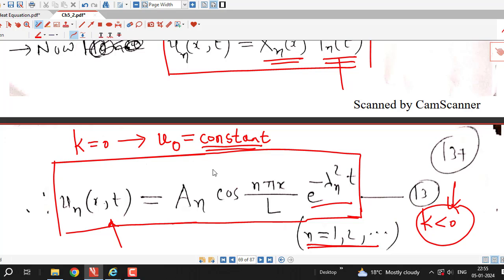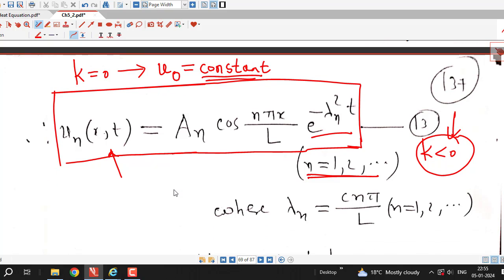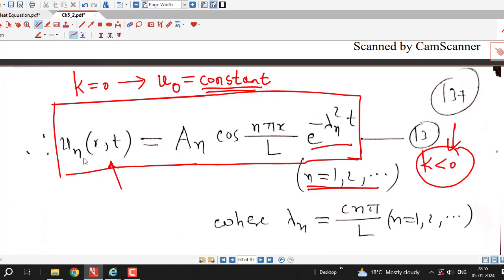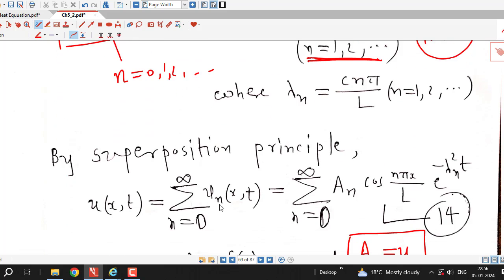So now we know that because the heat equation is linear and homogeneous, if we have these solutions of the heat equation, then we can take their sum, and the resulting solution is also a solution of the heat equation. So now we have taken the superposition of all these solutions. Here n starts from 1, 2, 3 and so on, but to include this we will consider n starting from 0, and we will combine this with these solutions. So here I have written that by the superposition principle u(x,t) equal to sigma un(x,t), n starting from 0